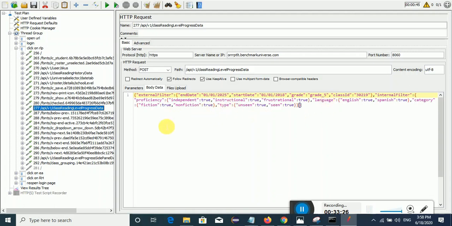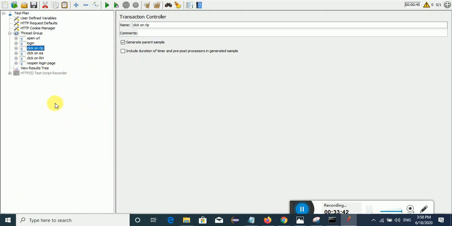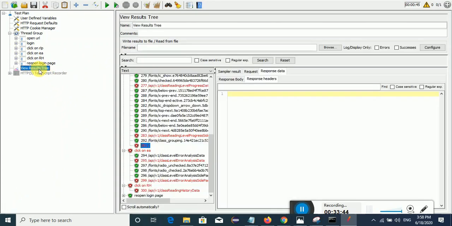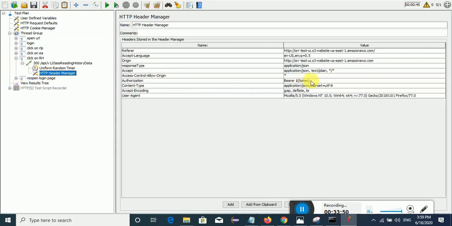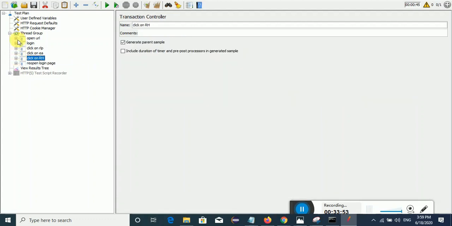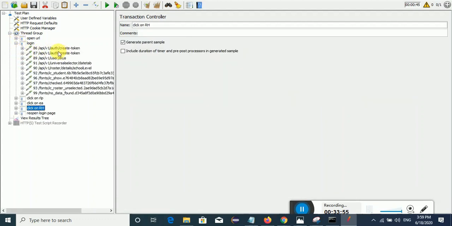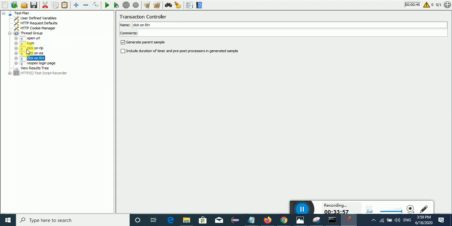In some of the requests, we are passing some values in the body, and even in the URL, that you can go through. Now if you look, I have replaced all the headers with the refresh token as values. That means now when I'm running this script,